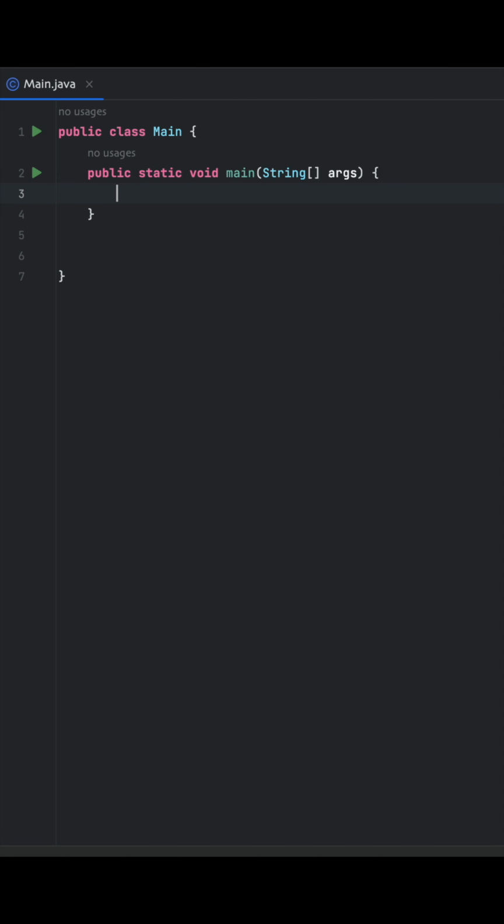So guys, today I want to talk to you about how to find the max element in an array. Firstly, we create an array with random numbers, for example,